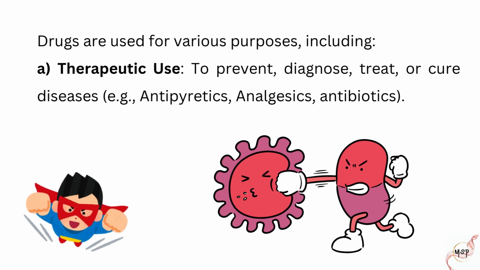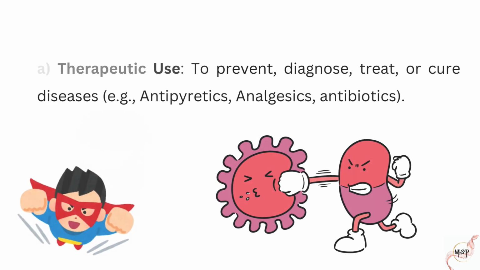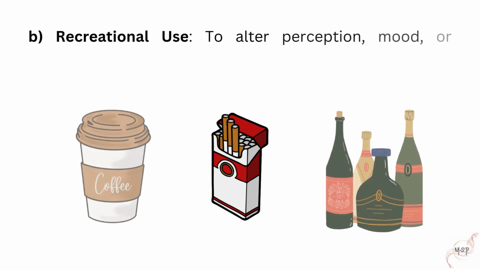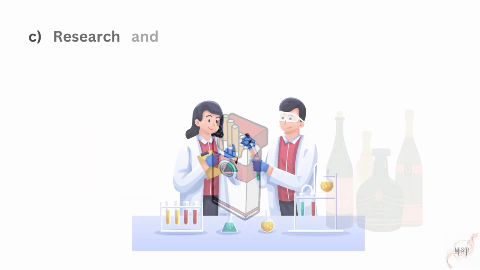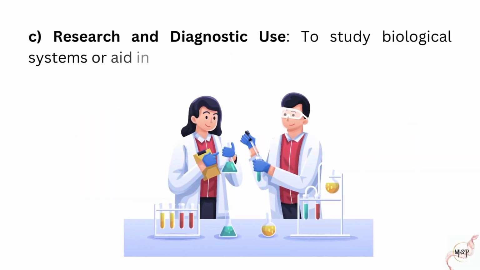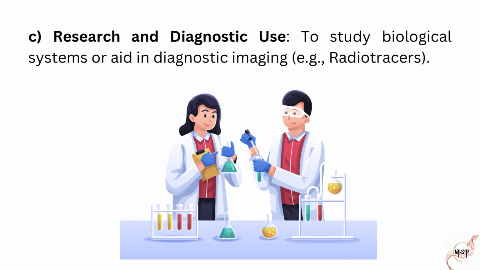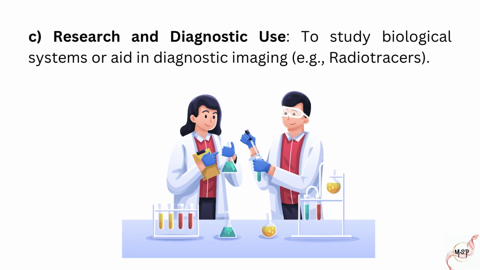Next one is recreational use. Some drugs are taken purely for enjoyment, like caffeine in coffee, nicotine in cigarettes, or alcohol at a party. These substances can change mood, energy levels, or even perception. Now, the third one is research and diagnostic use. Scientists use drugs to understand diseases and develop new treatments. Some are used in medical imaging to help doctors see inside the body, while others help researchers explore biological